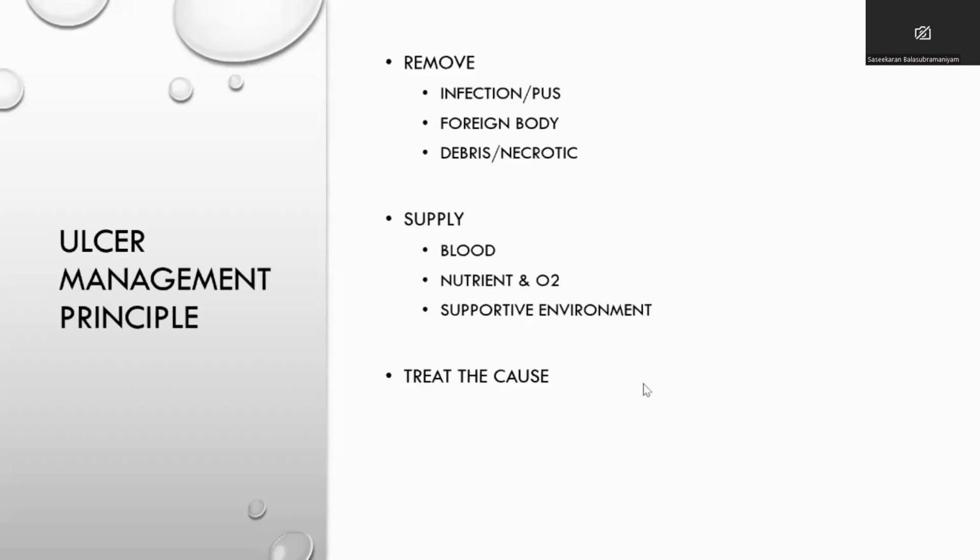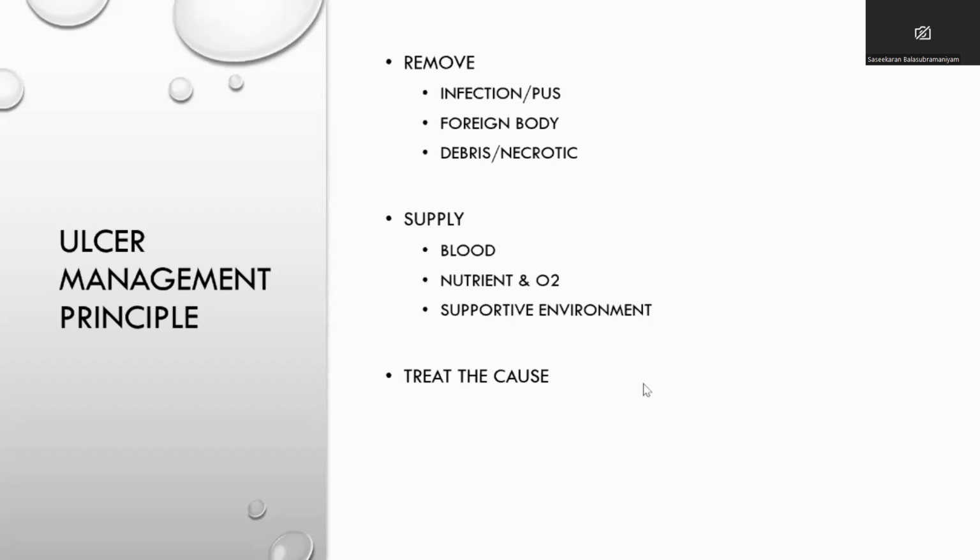The main part is the first, blood supply. As I'm a vascular surgeon, I won't forget to give that first priority. But that is foremost for any ulcer management and any wound healing. The second part is the one we tend to forget, nutrition. Any patient in this country when they are having an ulcer, I'm not talking about the high class, the patients who come to you are mostly nutritionally poor. So when you are treating a patient with an ulcer, always think you can't do wonders without treating their nutritional deficiency. So give importance to nutrition.